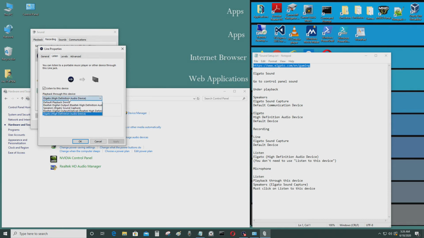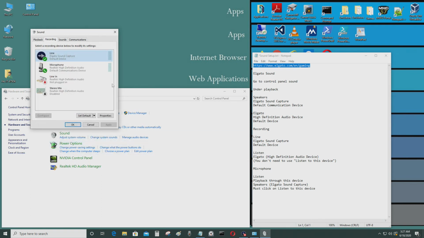So for me, it's Elgato high definition audio device. It's not this, it's not speakers. This is for your microphone. So this is what you select, and you select listen to this device and apply, and then go to